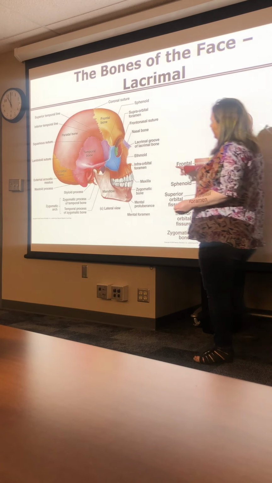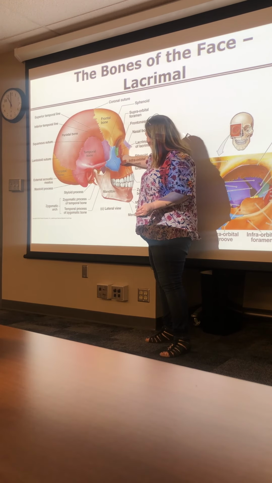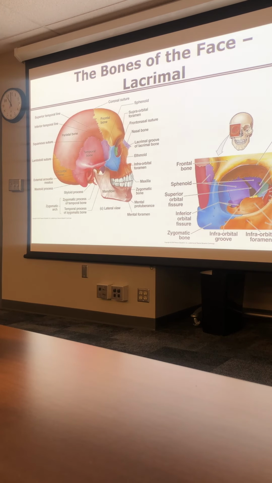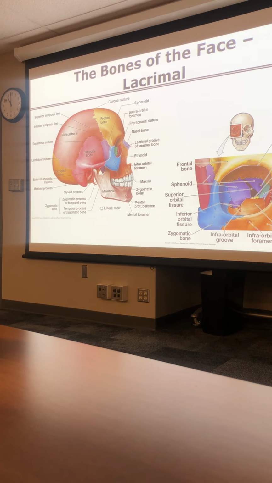So this is the groove. If you follow that down, it goes to the nasolacrimal canal. The nasolacrimal canal is going to contain the nasolacrimal duct. So the duct is the soft tissue structure within the bony portion, which is the canal. And that nasolacrimal duct is going to pass towards the nasal cavity and dump into the nasal cavity behind the inferior nasal concha. So this leads all the way down to right behind the inferior nasal concha and dumps into